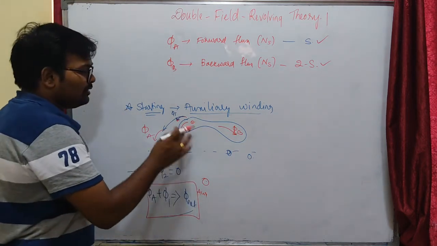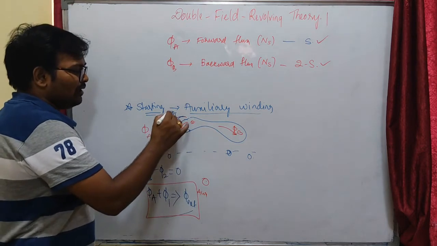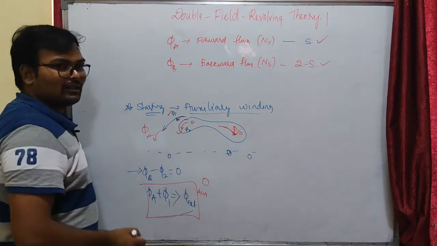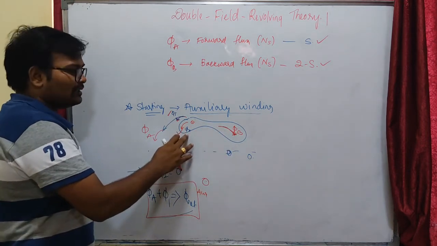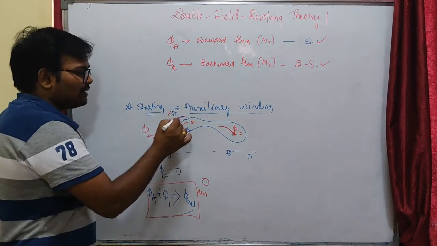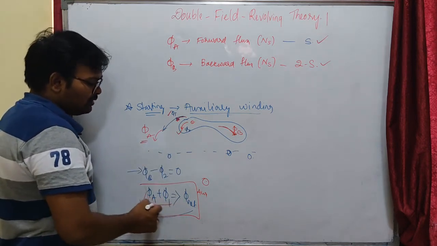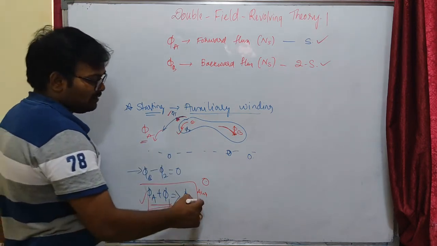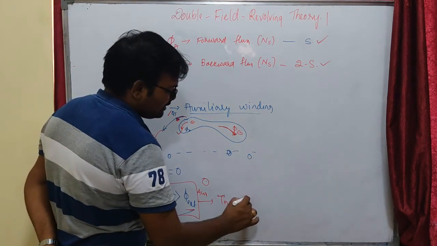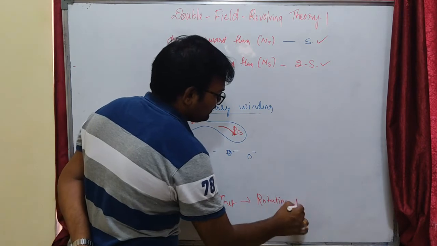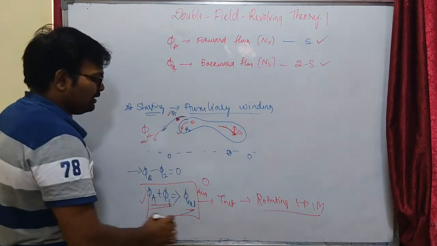Our auxiliary flux is also inducing two fluxes rotating in the same direction. Okay, one is phi 1 and another is phi 2. Phi 2 is cancelling our backwardly rotating flux. One flux will be nullified by our auxiliary field flux, and another flux of the auxiliary field will add to our forwardly rotating flux, that is phi A. The sum of both the fluxes will cause some net flux. This net flux will cause some net torque. This net torque will cause rotation in the machine, rotating our single phase induction motor. That's why now it will be self starting.